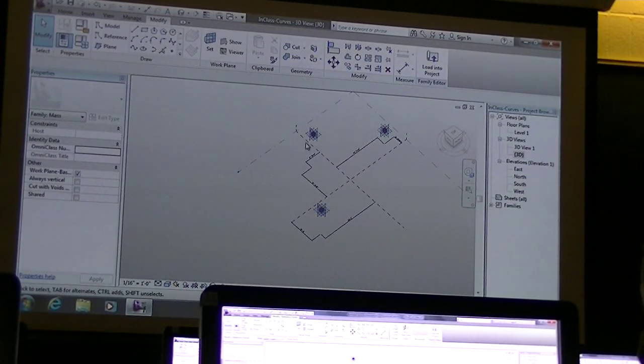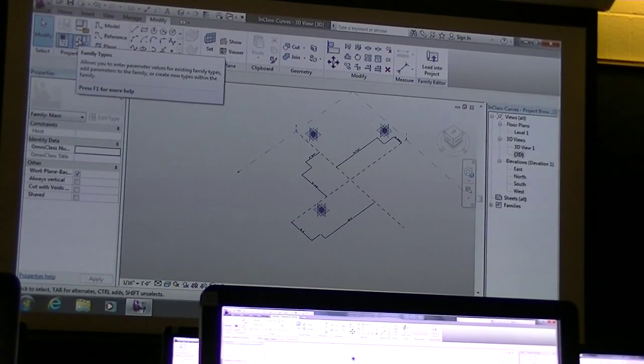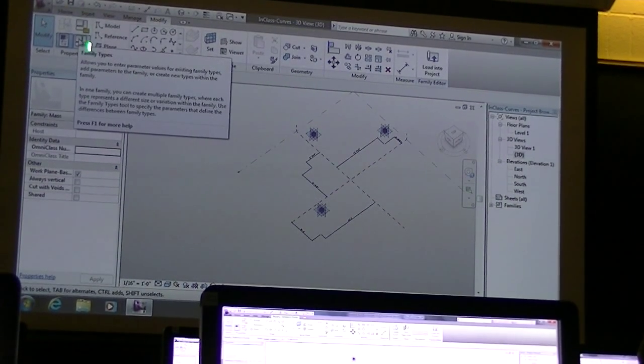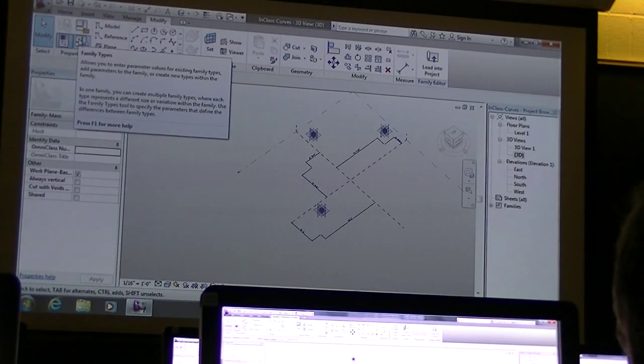So right now, in order to change all of these points, we have to do this manually, and we can't do it with a set of parameters. What we want to do is start to set up a family type. We have the option of working with parameters. How many of you have worked with variables and parameters before? Probably those of you that have done Grasshopper